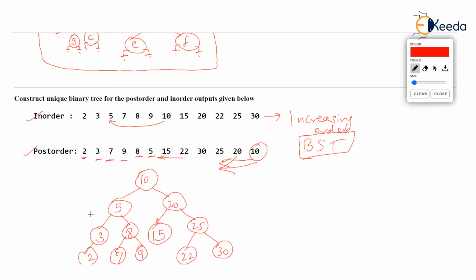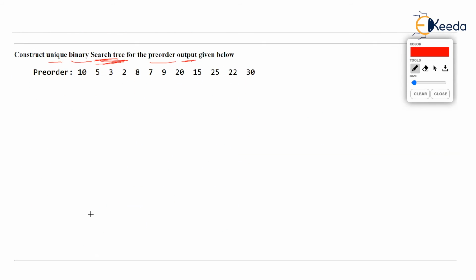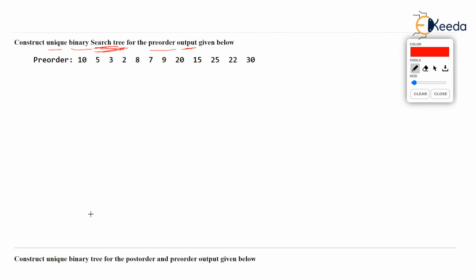Come again. In-order, when you mark the root, when you say 10 is the root, then you know which values are to the left of the root and which values are to the right of the root, because the rule is LVR. So if the in-order is given with pre-order or post-order, only then you can decide properly whether a value will go to somebody's left or right. But observe this question now. This is a very tricky question, or no? Not really. See, only pre-order output is given, but it is clearly mentioned that you have to find the binary search tree.